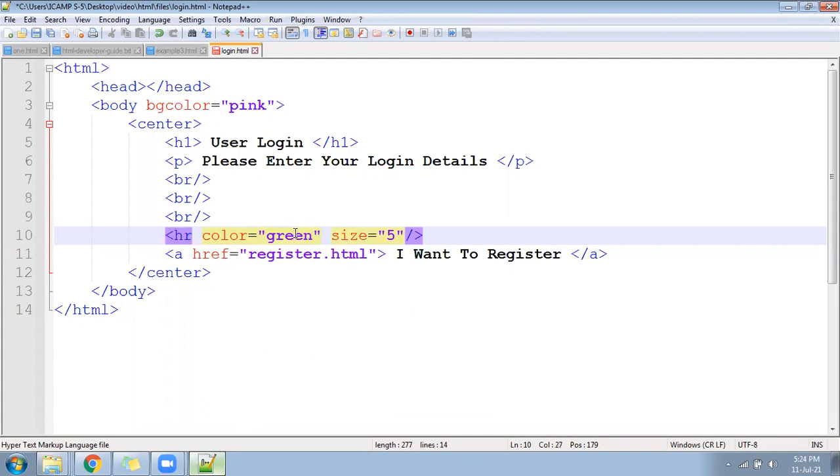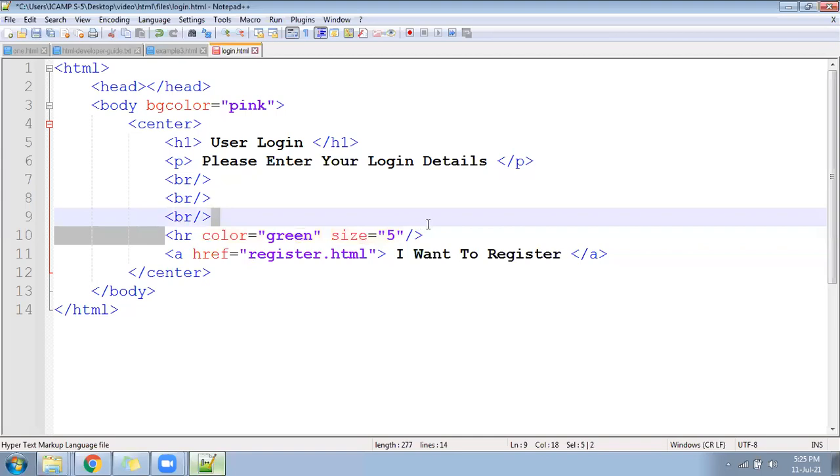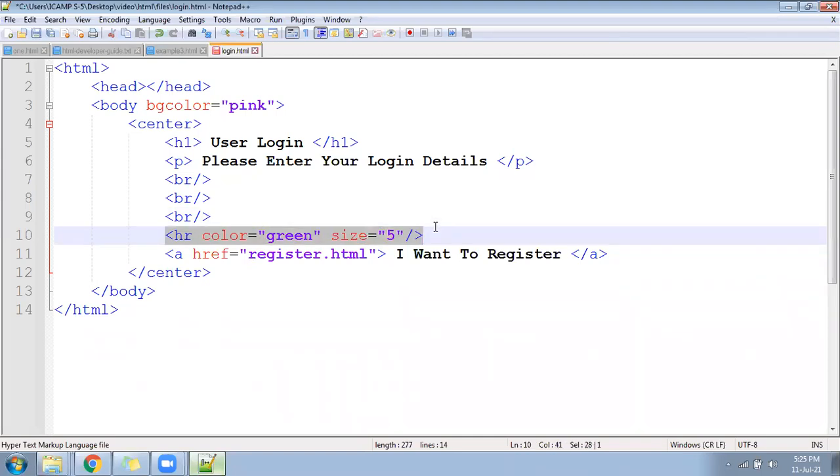The line whatever is going to generate, its color will be green. And what will be the size of the line? 5 pixel. If you give 20 pixel, it will become a very fat line. Okay, so now this hyperlink will come after a line, and that line will be from beginning to last, 5 pixel thickness, and the color will be green.